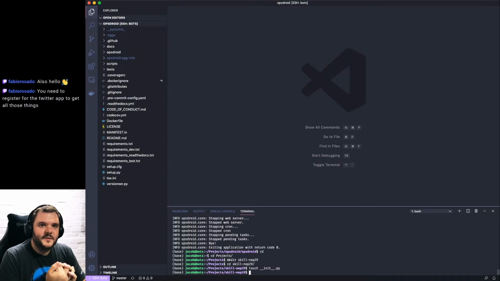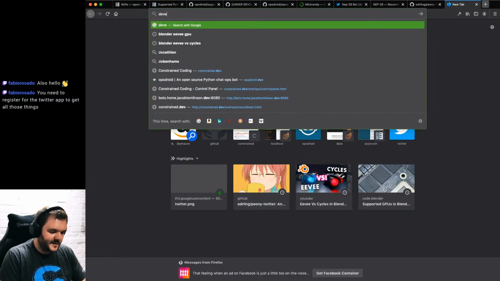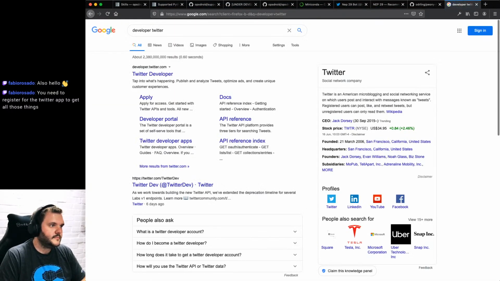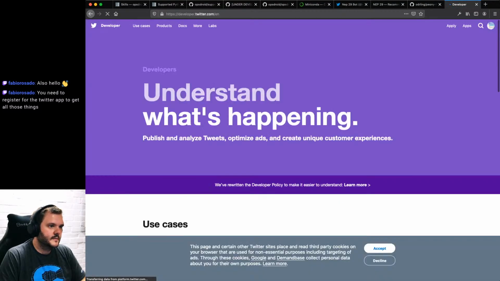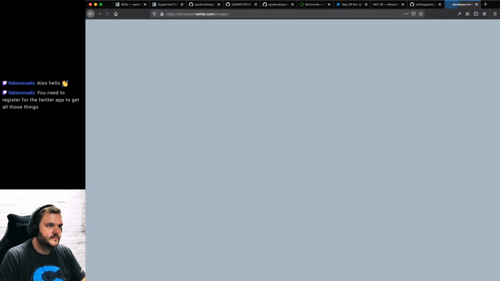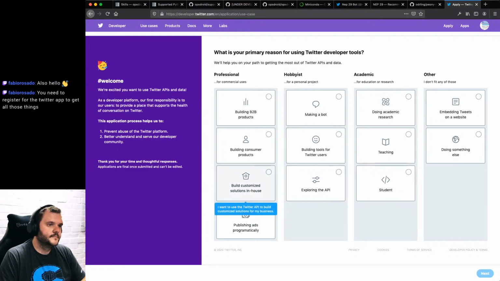You need to register for the Twitter app to get all those things. What do you mean I need to register for the Twitter app? I assumed I'd just go to like developer Twitter, right? Developer Twitter. Something like this, right? Apps. Get an app. Oh.